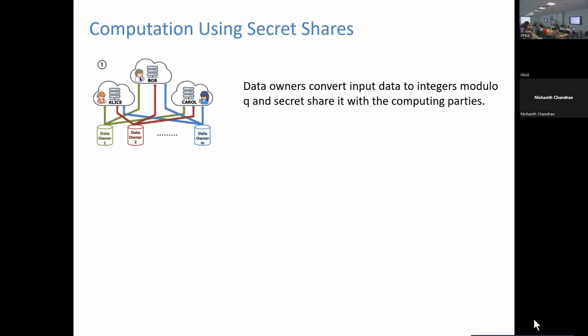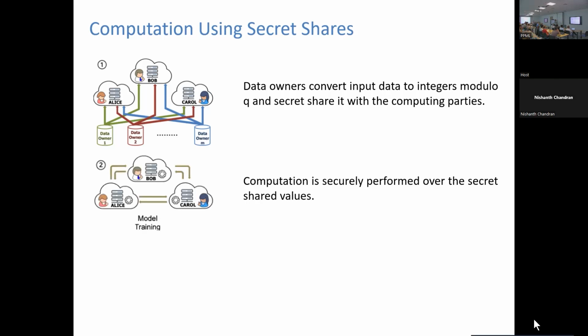It's outsourced computation, as I mentioned, so maybe there will be 3 or 4 servers doing the computation. In the second stage, these computing parties do computations over the secret shares, and they do not learn any information about the underlying data.